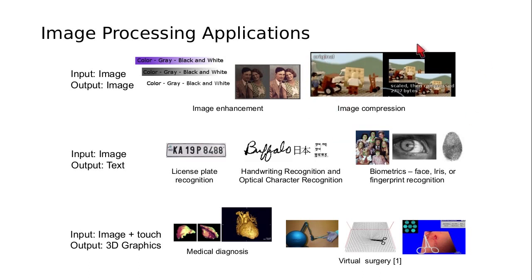You also have image compression, which is another very big area where the input is an image and the output is an image. Image compression really took off when the web started to become very important, and even before that it was very important. Imagine you have again satellites which are taking images. Now these satellites might need to communicate the image back to the ground station. If you do not have image compression and you send the image at the original resolution, the image might be too large, it occupies too much memory. So the bandwidth required to send the image from, let's say, a satellite to a ground station would be exorbitant. It would be too significant, and therefore the cost involved and the time taken for doing the image transmission would be too much.